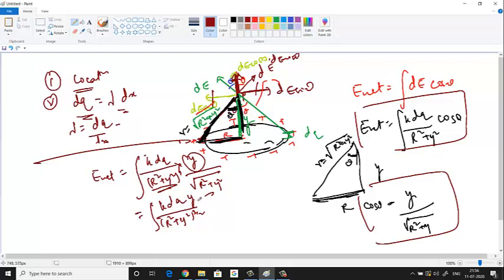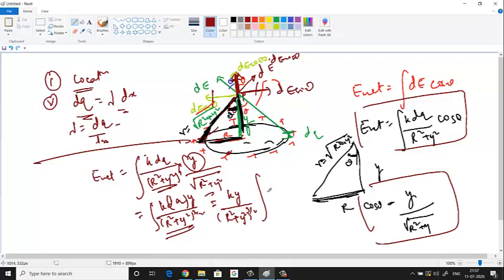Now see, everything is a constant here. R square plus y square means what? R is constant. For any charge, the distance is going to be fixed. What about k? Constant. What about dq? dq is variable, but y, what is y? Y is the distance from the center of the ring. Constant. So take out all the constants outside the integral. Ky divided by r square plus y square whole power 3 by 2 you should take outside the integral.